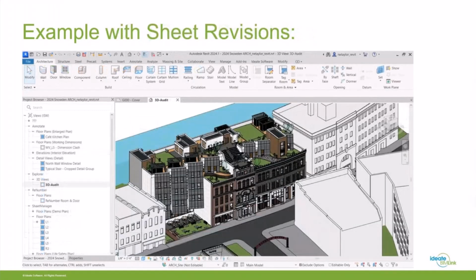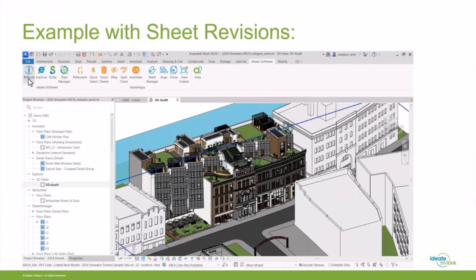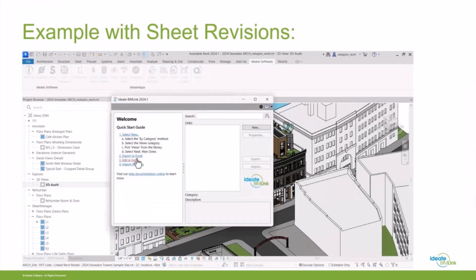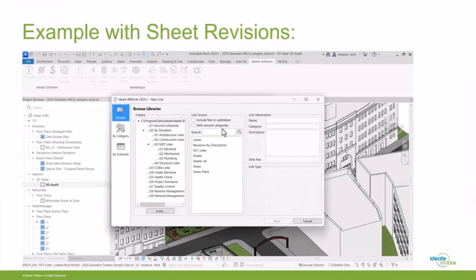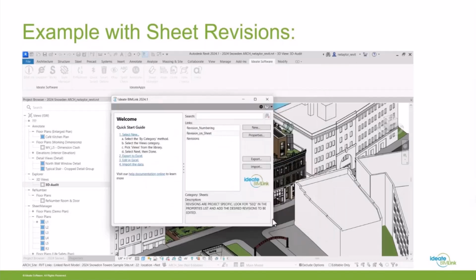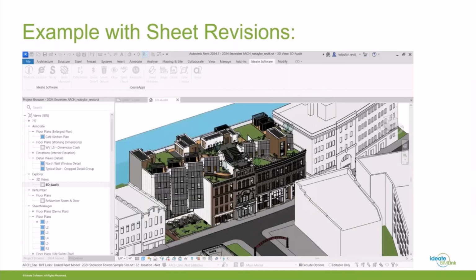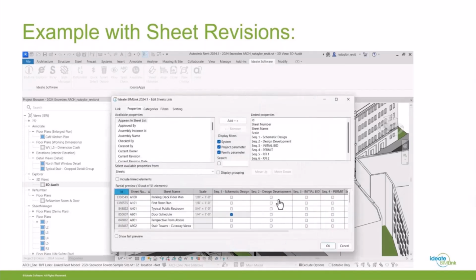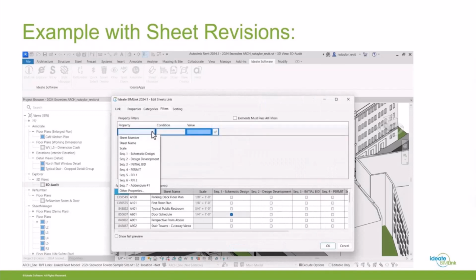The last thing I'd like to show you with ID8 BIMLink is just something that sort of goes beyond the Revit schedule as far as when it comes to workflow with ID8 BIMLink. And so we have this excellent workflow for revisions. And so what I'm going to do is our library link definitions, I have 3 of them that are going to go to a template that we provide you. If you're a BIMLink user, you can request this template by sending us an email at support@id8software.com. And as long as you're an ID8 software BIMLink user, we're going to be able to give you that.